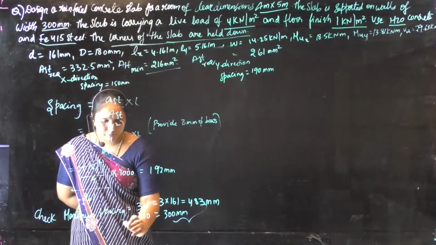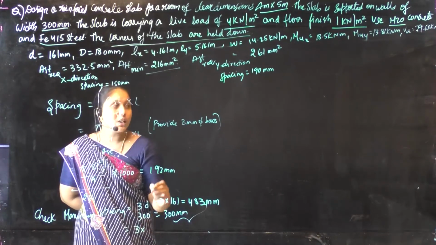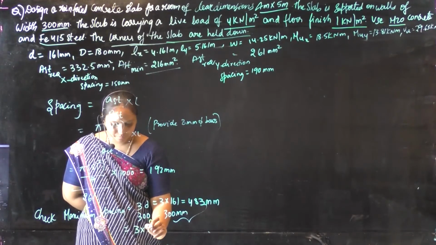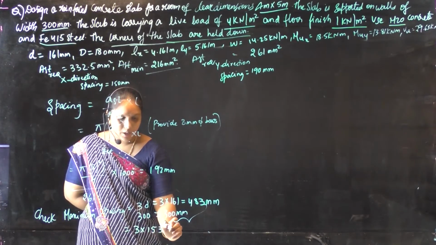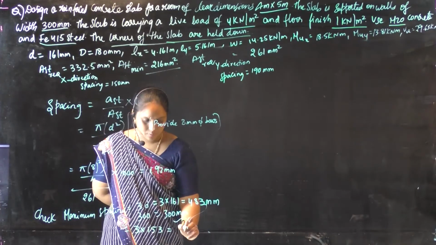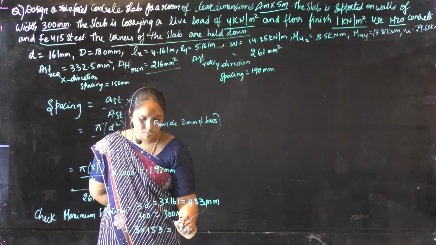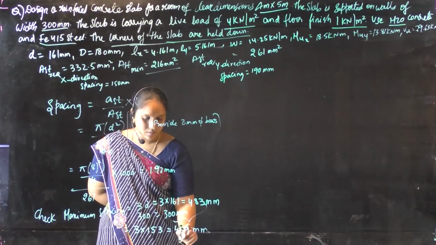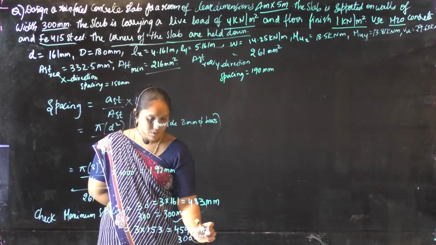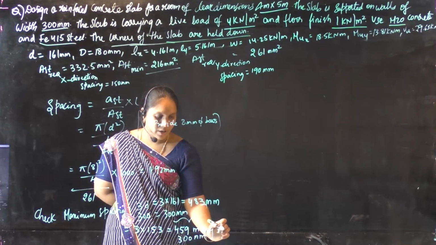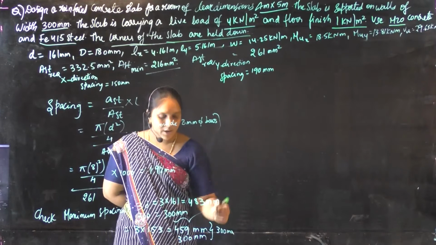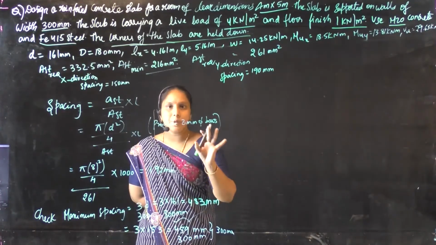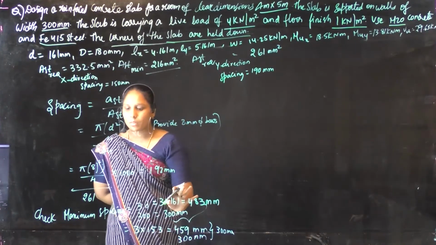So for y direction if we will calculate, it is 3 into D, and the D is changing here. So what is the D here? The D here is 153 mm, so it will be 459 mm and 300 mm. Out of these two, the least is 300 mm, and you have provided 190 mm. Here also it is safe. So we have done the check for the spacing also.